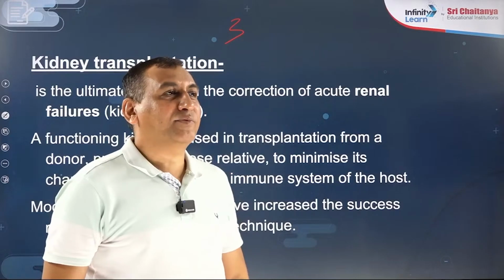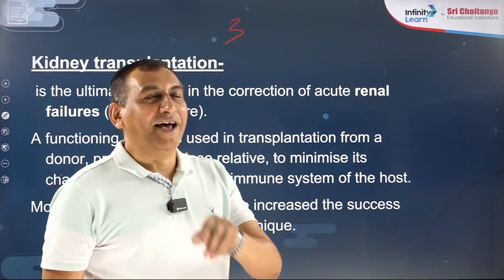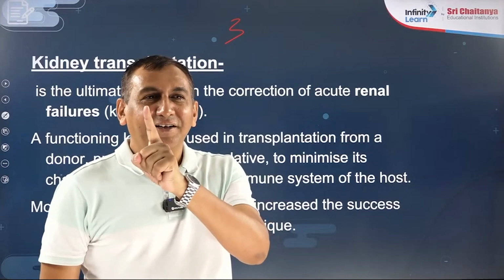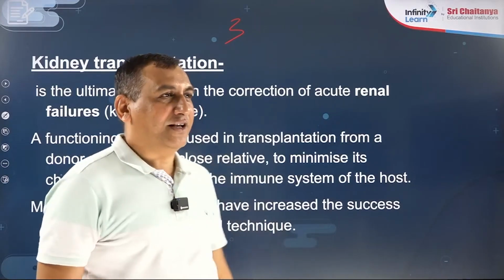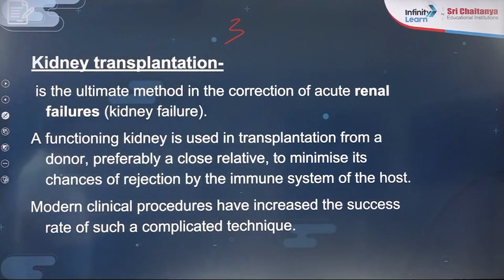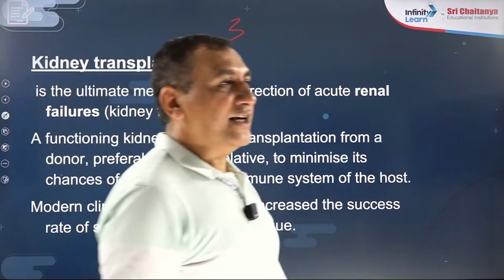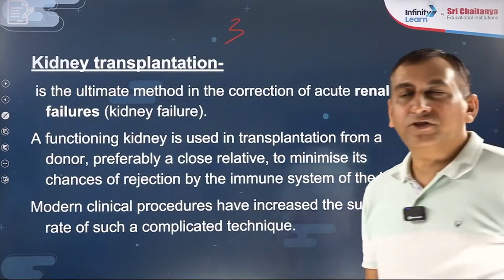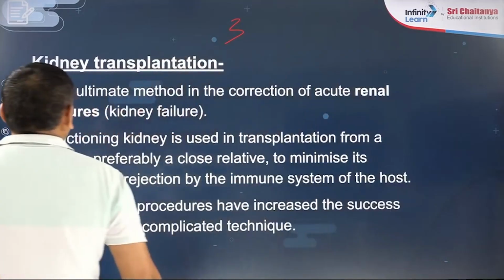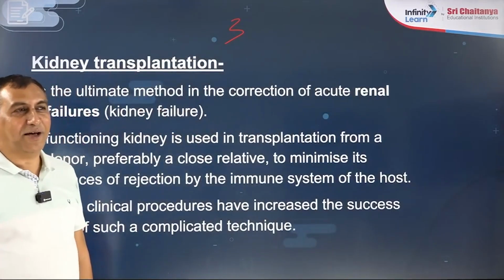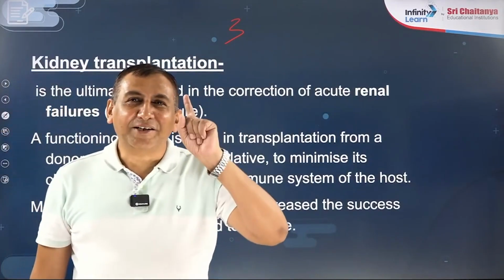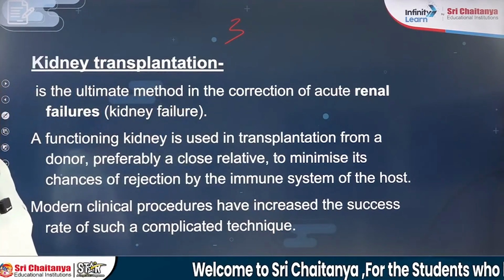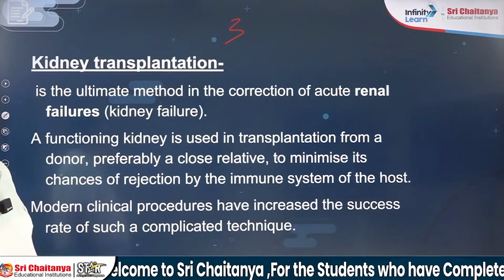So after transplantation, a person is having 3, but out of these 3, only 1 is functional. The remaining 2 are non-functional. This is one very interesting fact that you should know. In the end stage of renal disease, Manisha, we use transplantation. After transplantation, a person is having how many kidneys? 3. But how many functional kidneys? 1.